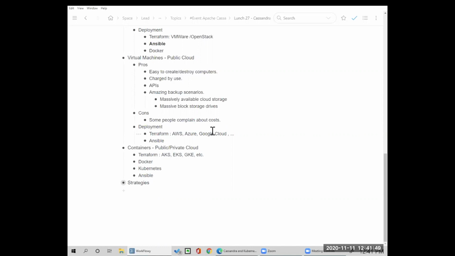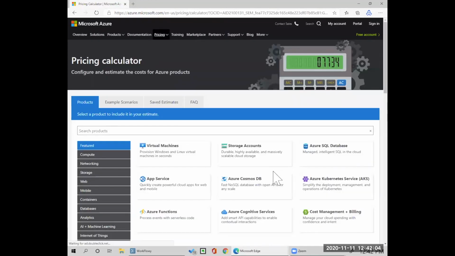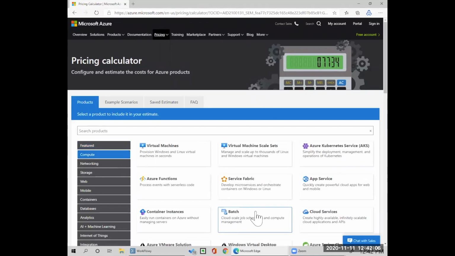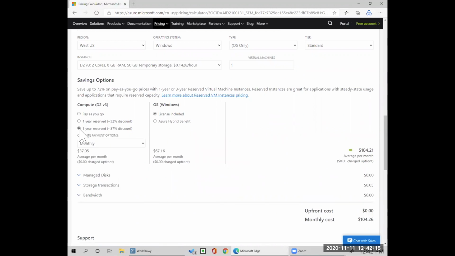You buy. So let's consider the Azure pricing calculator, right? And let's say I want a 30 node cluster, and let's see, even if we do 3 years reserved, let's say, okay, fine, I'll just say upfront, right?